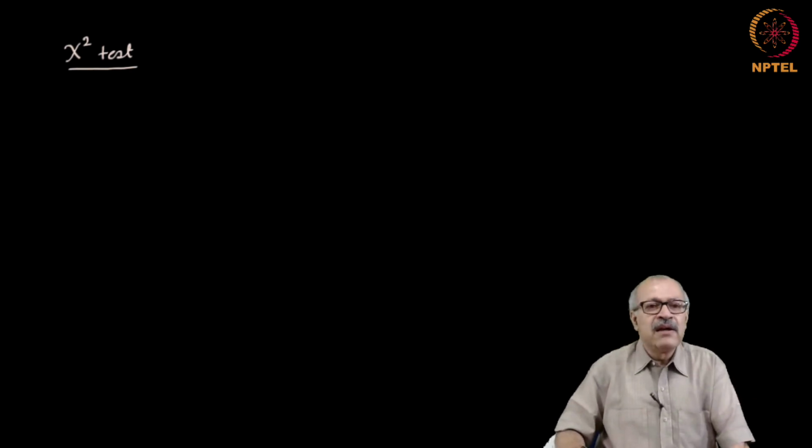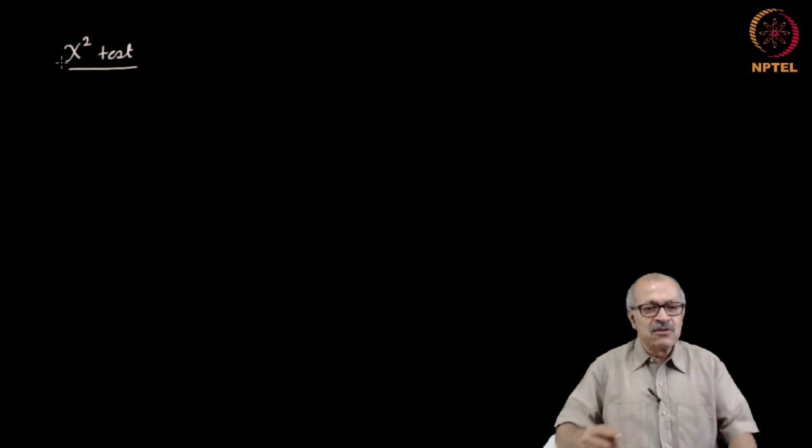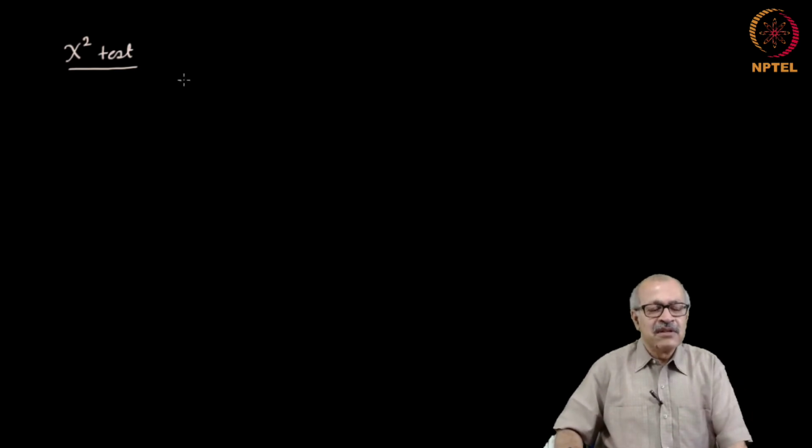Now, there is a third test that is often employed in statistical hypothesis testing. It is called the chi-square test. So, chi is written like this, chi-square test. That is what we will be doing today. Chi is a Greek letter written somewhat like x, but curly x. So, that is how I will write it. It is written as chi, but pronounced as chi, not chi.